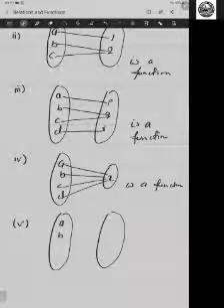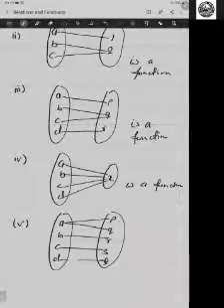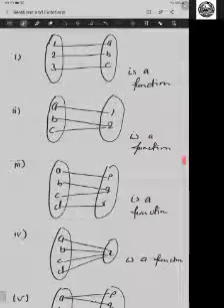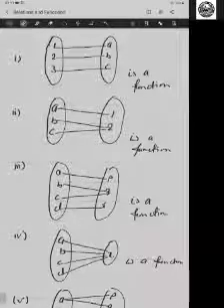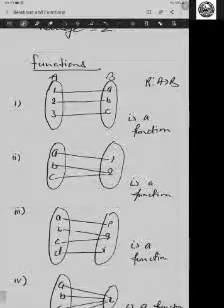A, B, C, D, P, Q, R, S, T. See, A is like this, and the first set is known as the pre-image set and the second set is known as the image set. It is said as from A to B. Relation is A to B. In each case, it is A to B.